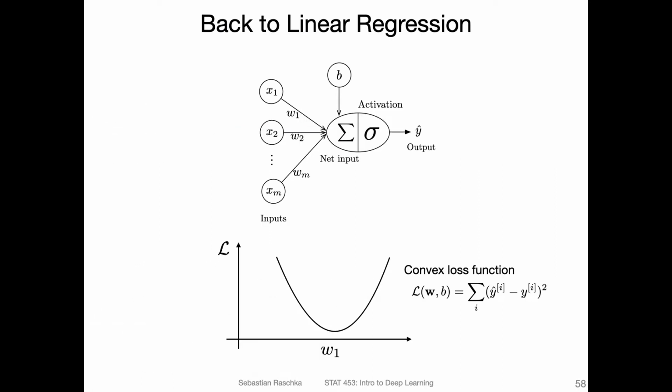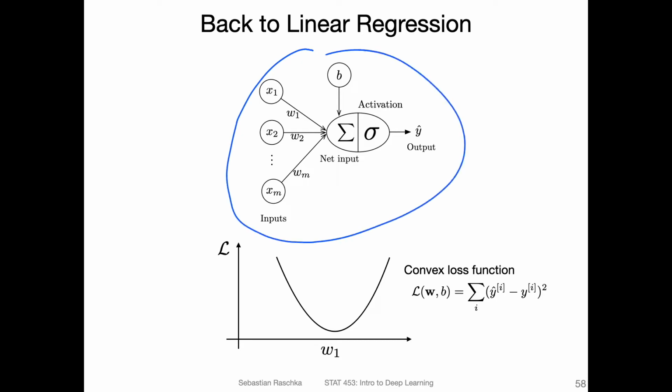gradients. So consider the linear regression model here again, where the activation function is just the identity function. So this is just like a regular linear regression model, and we have one output here. So this is our prediction. And for fitting or finding these weights, we want to minimize the loss or the prediction error of linear regression. For this, we formulate a convex loss function. In the case of least squares linear regression, that's the sum squared error, or we can also consider the mean squared error, doesn't matter. So either one would work.